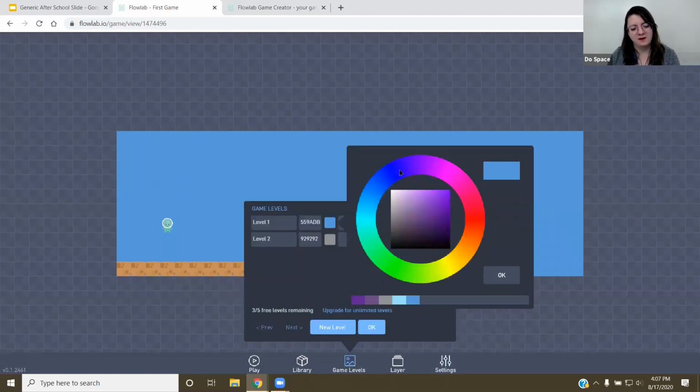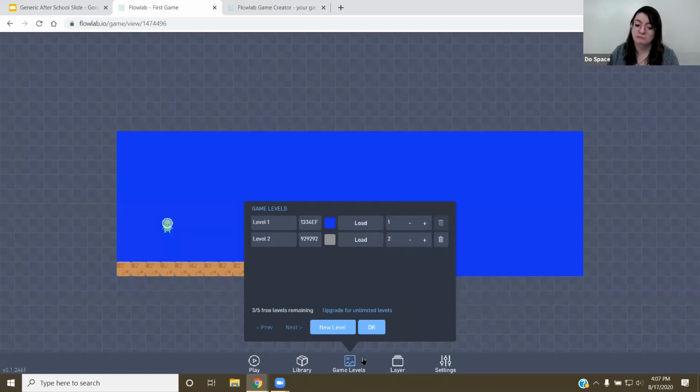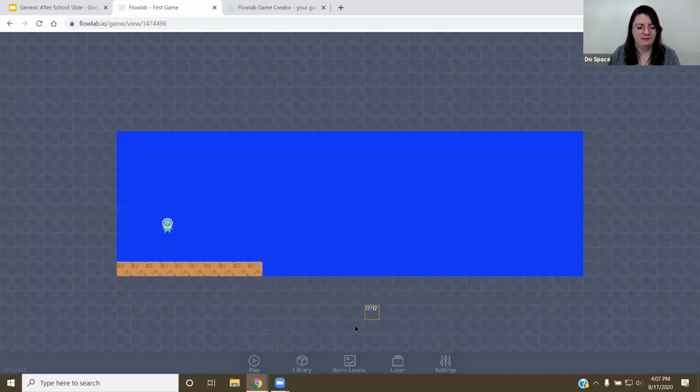So as you start laying out your level, you want to think about all the possibilities, like, are my players going to do this? Are my players going to do that? Is my player going to run into a pixel right here and somehow glitch through the level? Do I want that? Maybe. I don't know. Maybe I want to keep it. Okay. So here's my little beginner area right here.